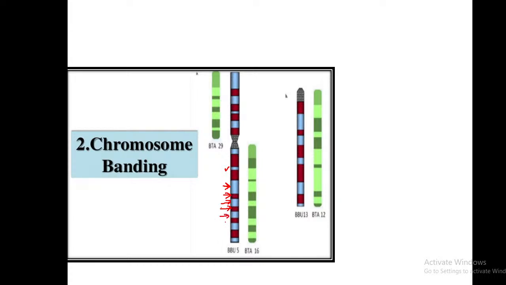Chromosome banding means the chromosomes are identified, which chromosome, which part of the chromosome, or which gene we can identify, based on the response of a chromosome to stain. That is what is known as chromosome banding. Some of the stains you might have used in the botany or zoology laboratory